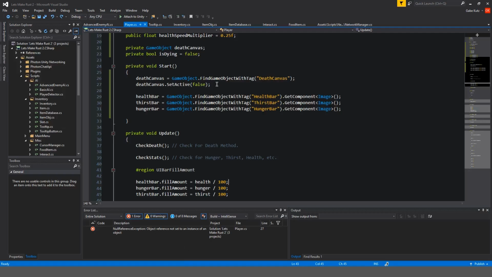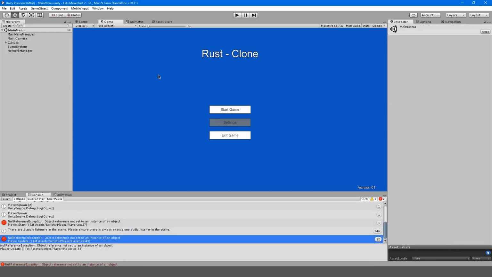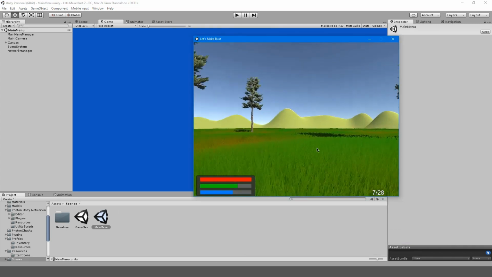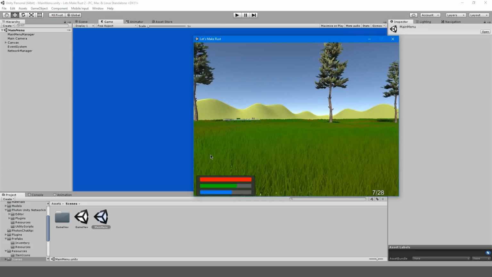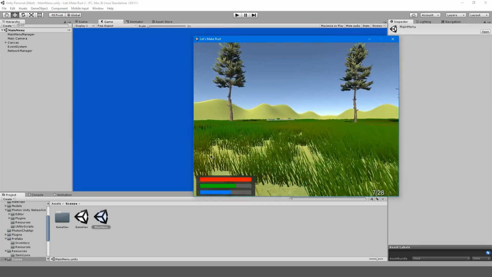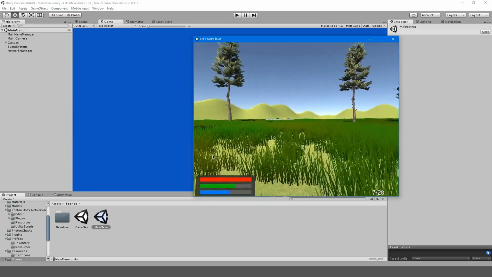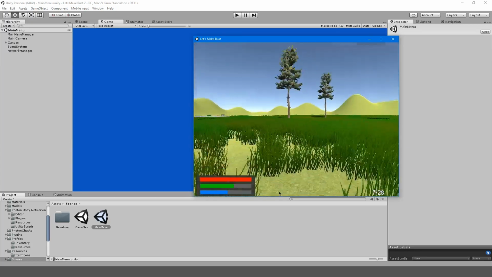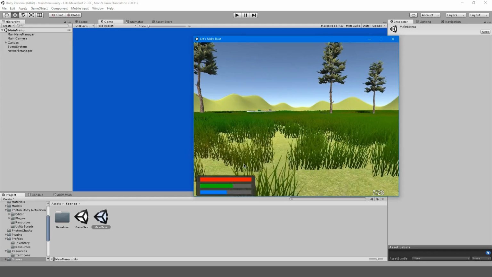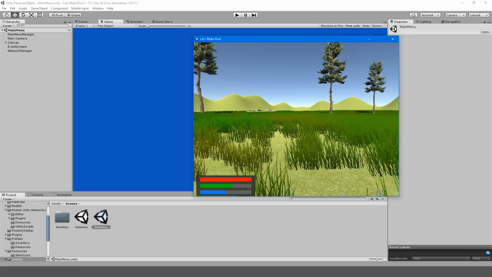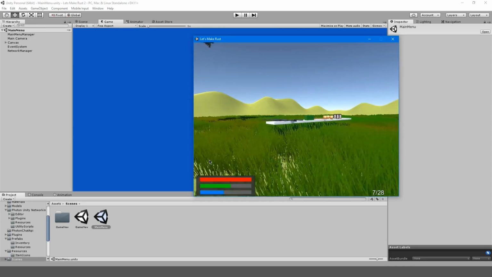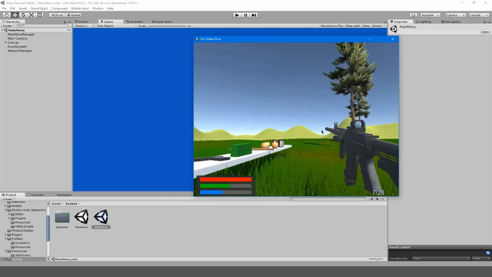So we have one more thing that we have to tackle. Multiplayer isn't going to work just yet. I forgot that we have to tackle this one extra thing. We actually have to make a separate script to make our players not do what the other player is doing. For example, we're trying to update the hunger from the other player, and the other player is trying to do it for us, vice versa. We're basically trying to manipulate each other's clients, which is not what we want to do. So we're going to be fixing that in the